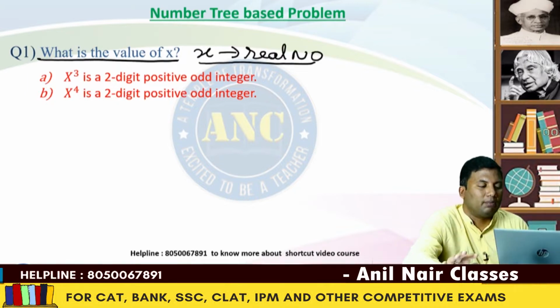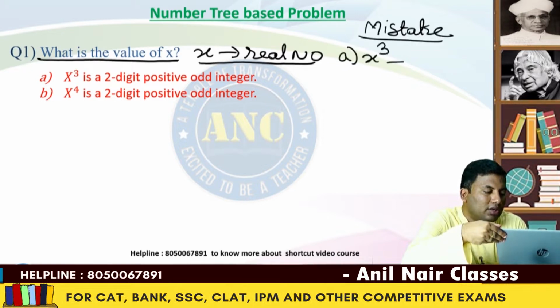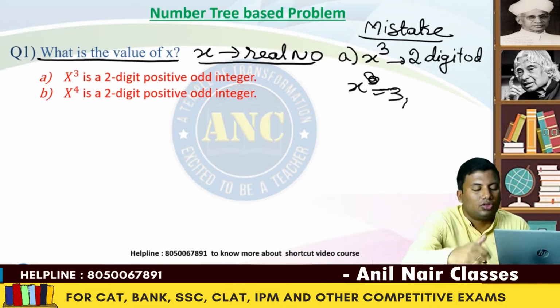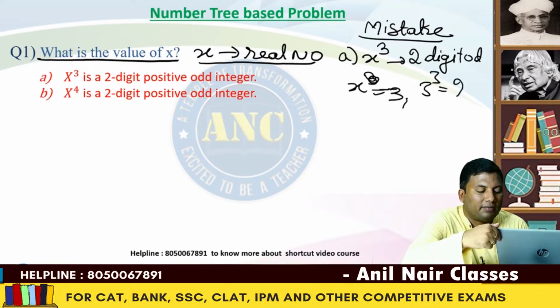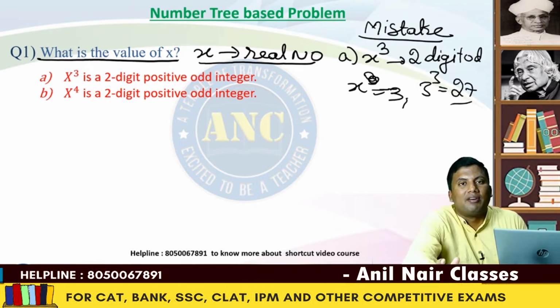X is a real number. First mistake what students will do. If X cube is a 2-digit odd number, immediately they will take the X value as 3. 3 cube is 27. The mistake you are doing here is, for X cube to be a 2-digit positive